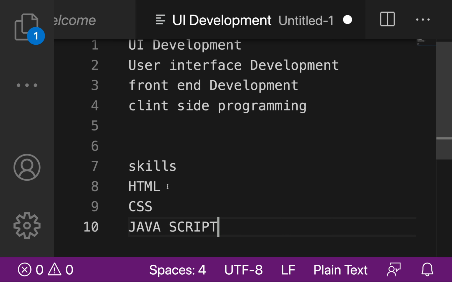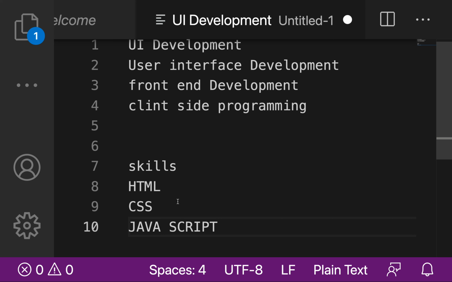HTML is useful for creating a web page or website. CSS is useful for the styling purpose. Let's say if you want to change some color or background color or letter spacing, you can use CSS. JavaScript is useful for dynamic content. Let's say you have one button, login. If you click on the login button, you need to log into the account. At that time you need to use JavaScript.